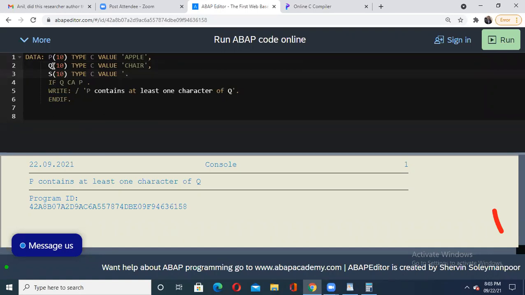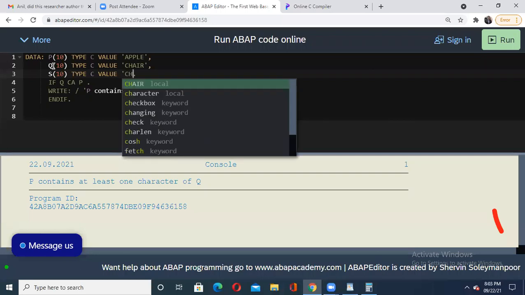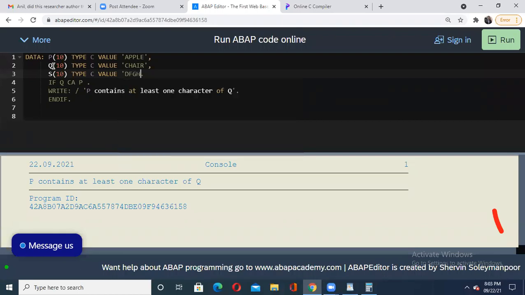There would not be a combination of any of these, so I'll make different combinations, suppose D F G H. This is one more string I'm taking here.